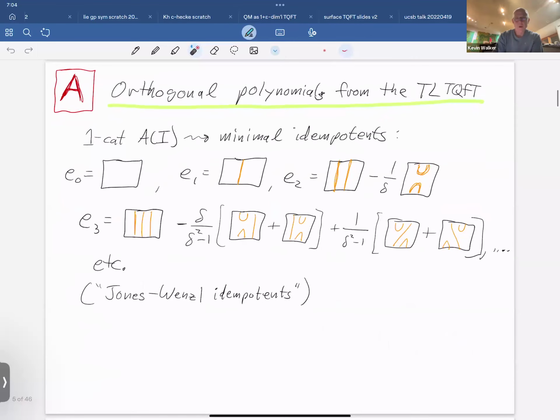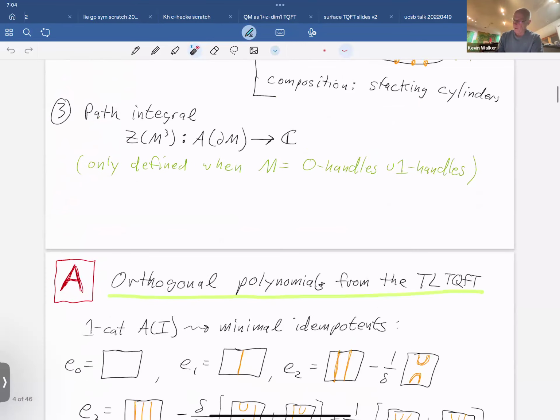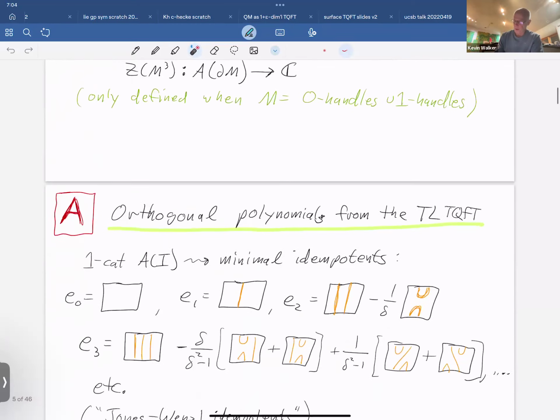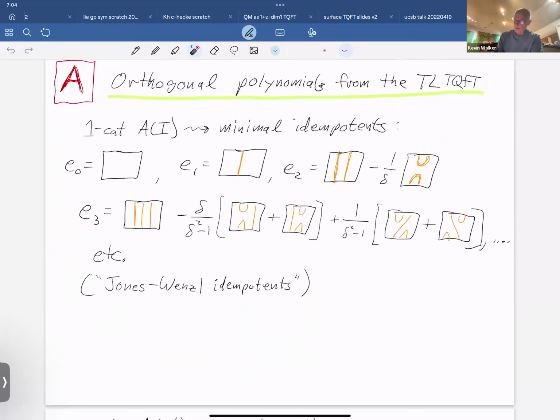Some more old stuff is that we can build a family of orthogonal polynomials starting from this. And this orthogonality is related to the fact that we can understand one handles three-dimensionally, even for a generic parameter. So the first thing we want to do is look at what the idempotents of this category for the interval are, and they are familiar. Kaufman has a great book with Lins about working these out, starting just with first principles,